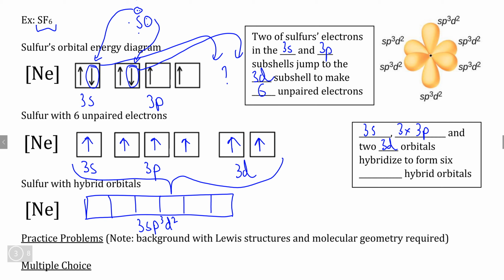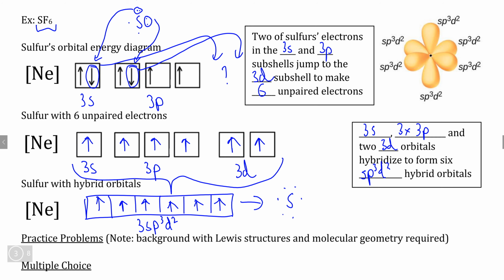And because these are what we combined, these hybrid orbitals are what we call sp3d2 hybrid orbitals. And because all of these orbitals exist at the same energy level, we can now fill each orbital with 1 unpaired electron, effectively meaning that sulfur now has 6 unpaired electrons, allowing it to make up to